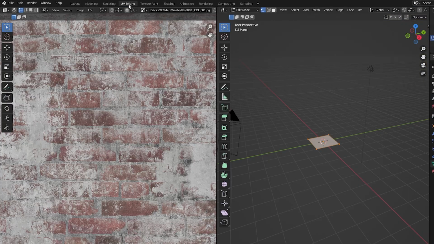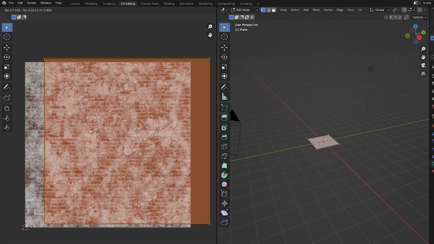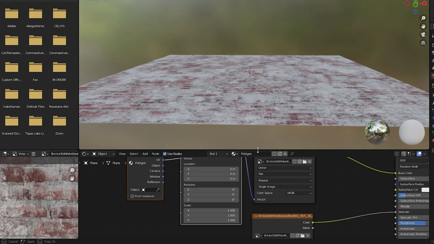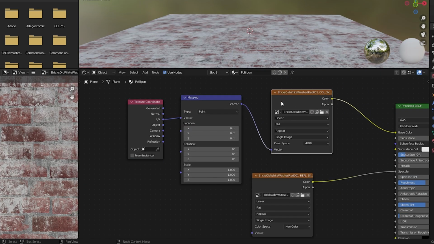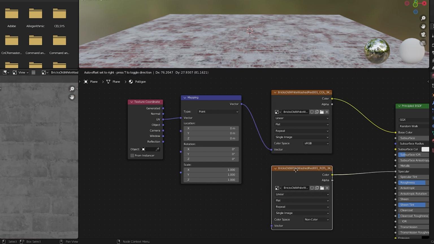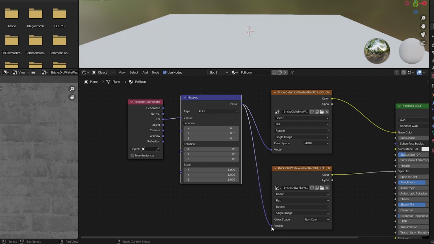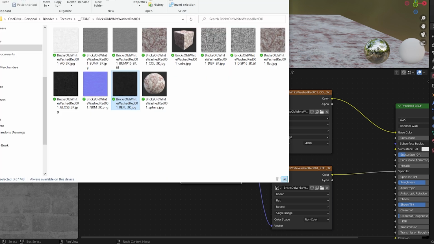can go to the UV editing workspace. This is our UV. It's a very simple UV, but a UV nonetheless. There are plenty of Blender tutorials for UV unwrapping. This was just the bare minimum to understand. So let's go back to our shader editor. So this color image is mapped through the mapping node, and this specular map is not. We want to connect this mapping node to the specular map as well. Remember, an output can go to multiple inputs, but only one output can go into a single input socket.